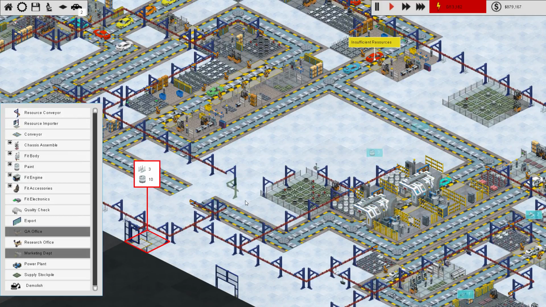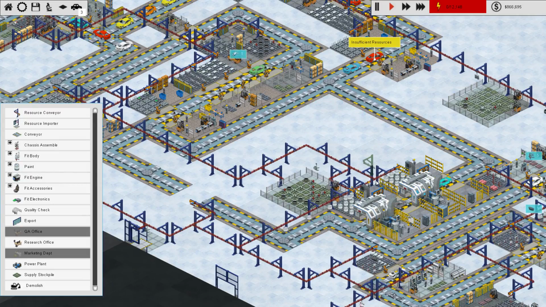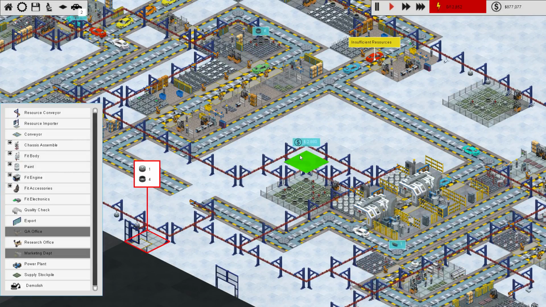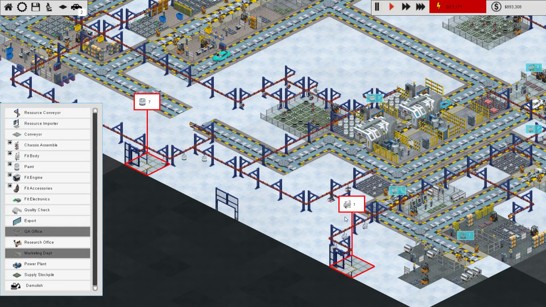Alright, resource conveyor, like that, right? Oh, shit. Alright. Maybe that'll work. But it still seems to be... I don't think that's going to work. Can I do that? And then... No. Maybe. It's still connected over here, though. Can I... Well...